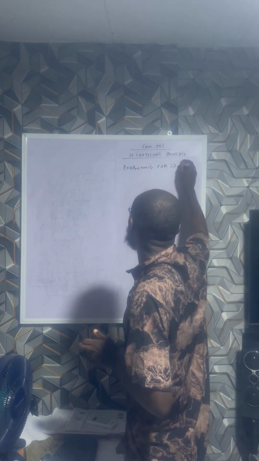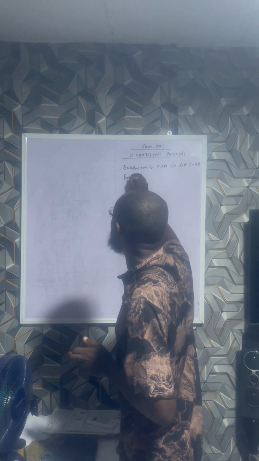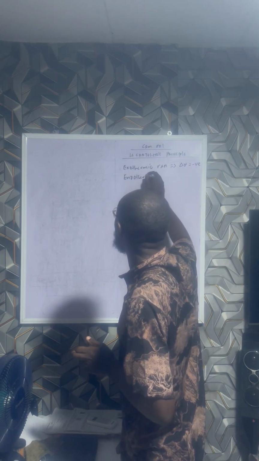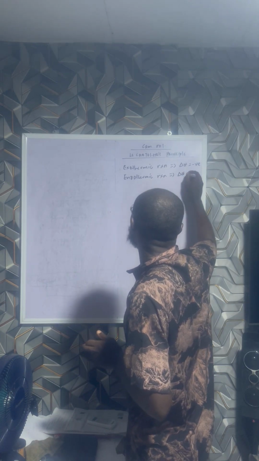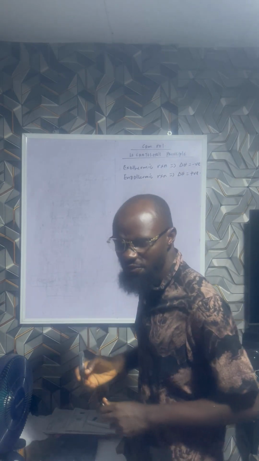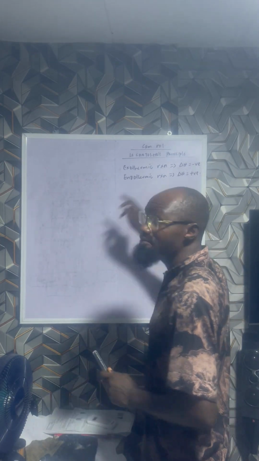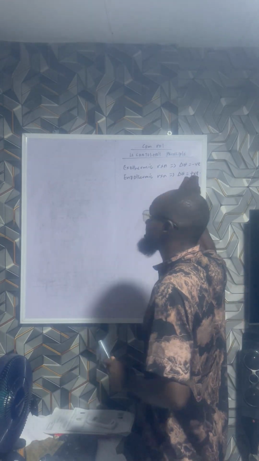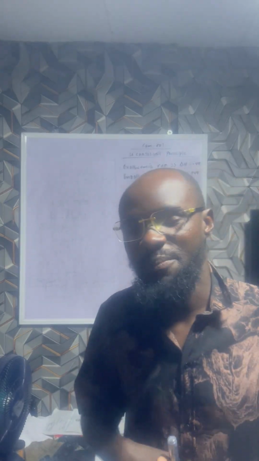It implies delta H is negative. But when you have an endothermic reaction, it implies delta H is positive. Knowing fully well that for an exothermic reaction, delta H is negative, and for an endothermic reaction, delta H is positive. It's very simple. If you increase temperature,